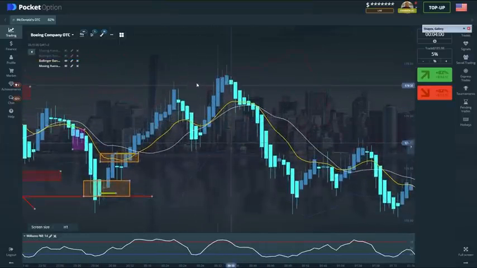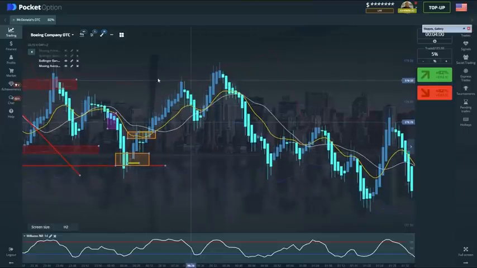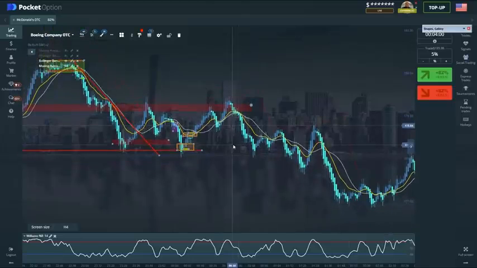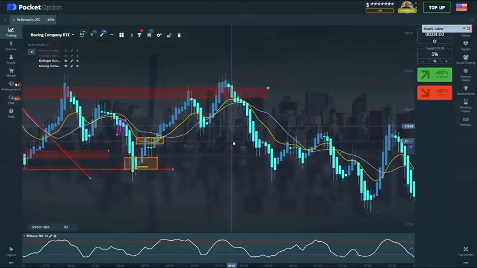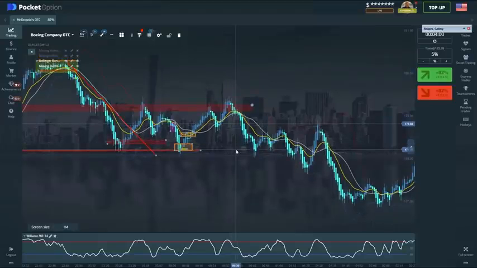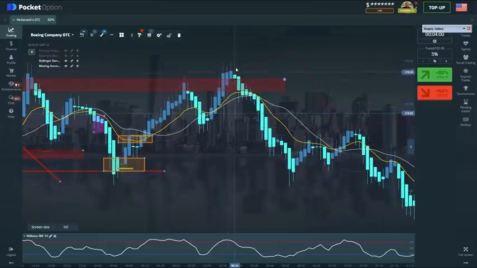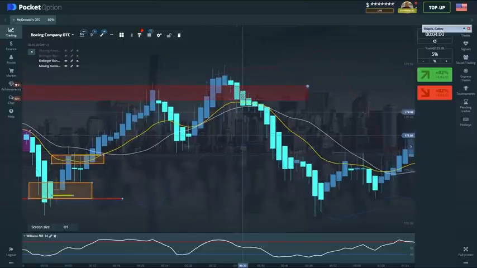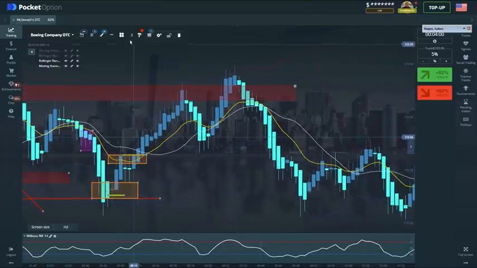But you see how this is a touch point right here? You see how price gets to this area, which also, look, is the same area that we're looking at. That's a touch point trade. And you might say, well, Ray, price went above your zone a little bit. Your zones are subjective to your eye. If I see that price goes a little bit above my zone and then it turns back around in the same area and it starts closing the way I like it to close on a 14 moving average,